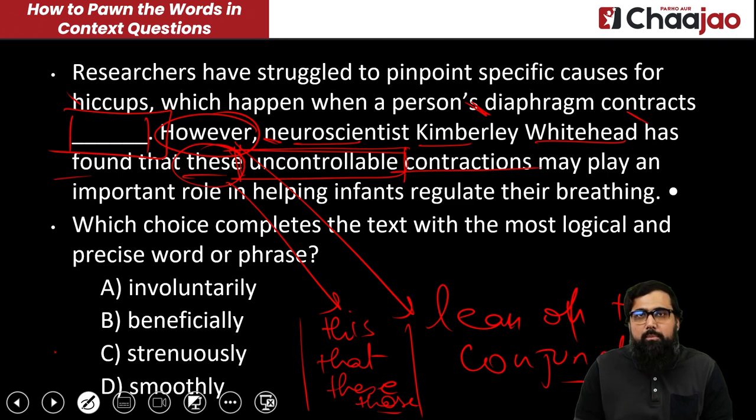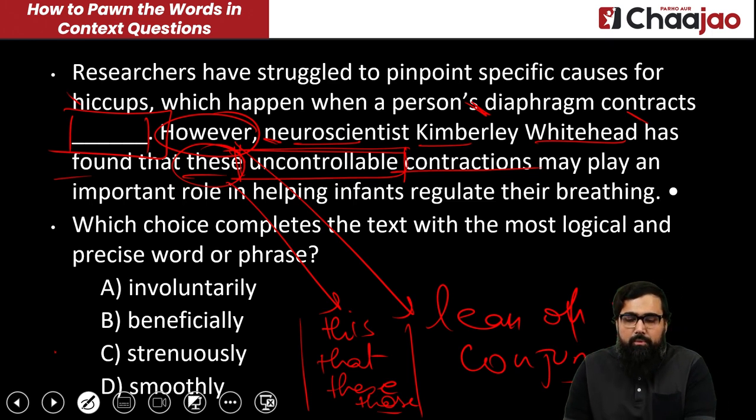Now what is the problem with that? The problem is that when they move on to the options, they get confused, right? They do not understand what should be the answer because they don't have an idea of what should come in the blank at first, right? So obviously you cannot come up with the exact word, but you should at least know what should be there in the blank. You should at least have an idea of the connotation of that word, whether it would be positive, whether it would be negative, so you have to understand how it goes about.